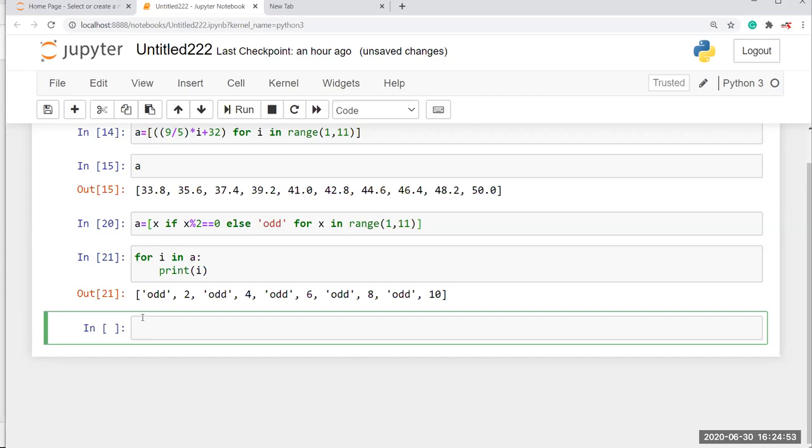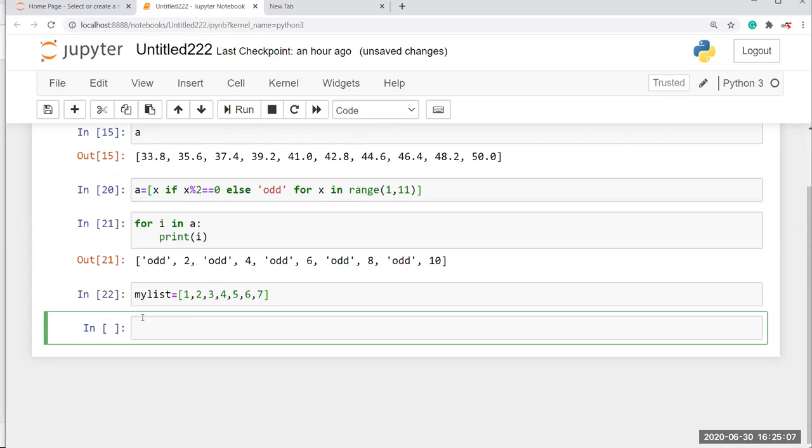Here I am going to create one variable named my_list. Then I am going to declare a list like 1, 2, 3, 4, 5, 6, 7. So I run this. Here I give my_list and a dot, and hit tab in Jupyter.